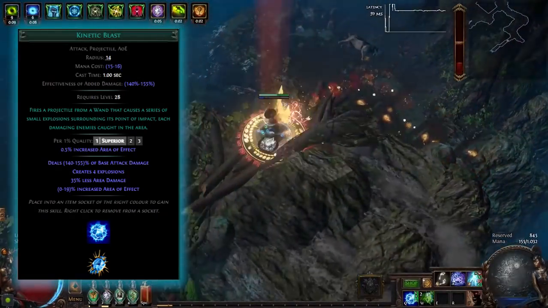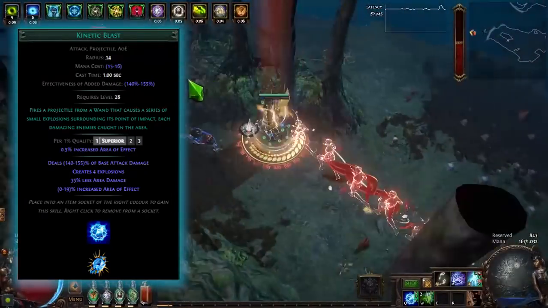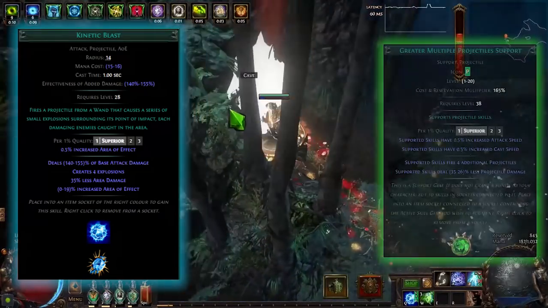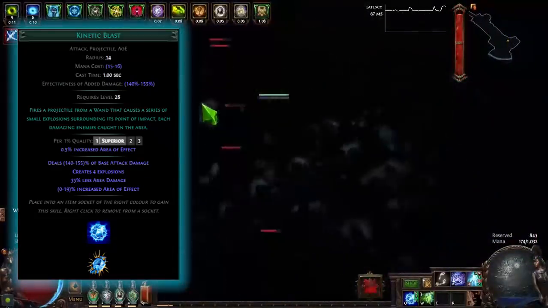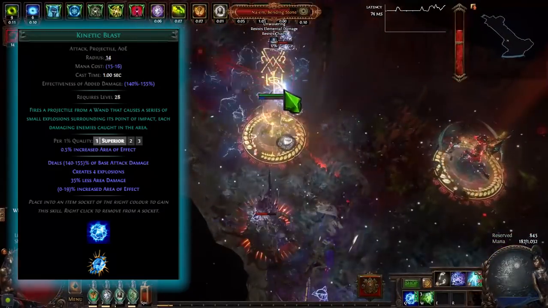So that's why you need to use both skills while mapping if it is necessary. On Kinetic Blast we also have a GMP support, so lots of projectiles going on. That is how you clear maps faster. Kinetic Blast has a better map clear in my opinion, and me and other players obviously have been using it for many